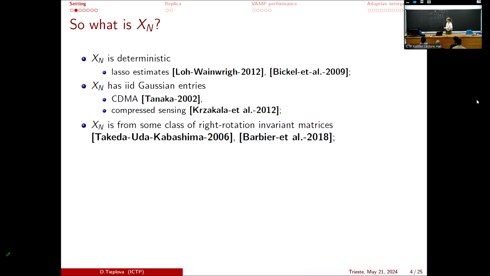But even in this case, in several works, they were able to produce very nice results for the case when our design matrix X_N is rotationally invariant, or right rotationally invariant. It just means that if you multiply our matrix X by some orthogonal matrix on the right, the distribution will not change. Okay, this is already also very nice because obviously the right rotationally invariant matrices imply quite a big class, and we have a lot of nicely correlated matrices inside.